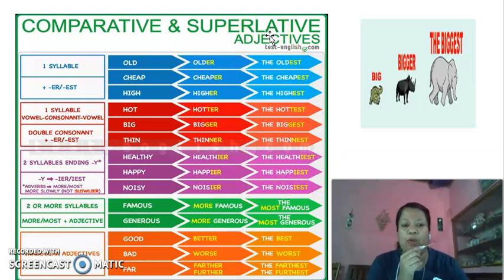And another thing for you to remember is whenever you use the superlative degree, okay, the third form, that is the est form, or the most, or okay, the irregular adjectives, you will always use the. Okay, you will always use the article the. For example, she is, okay, the oldest girl in the class. Can I say she is oldest girl in class? No, I have to say she is the oldest girl in class. Okay, so remember, whenever you use the superlative degree, we always use the before the adjective. Am I clear? I hope I'm clear.